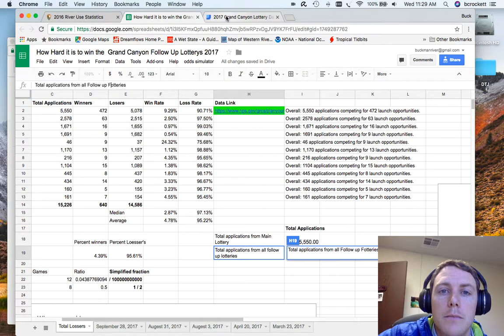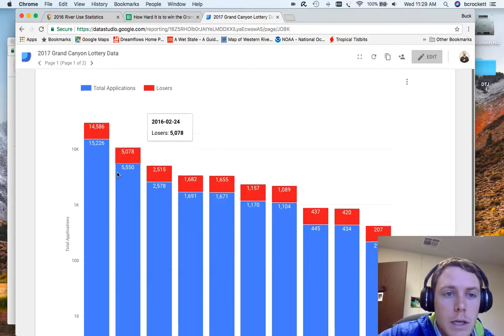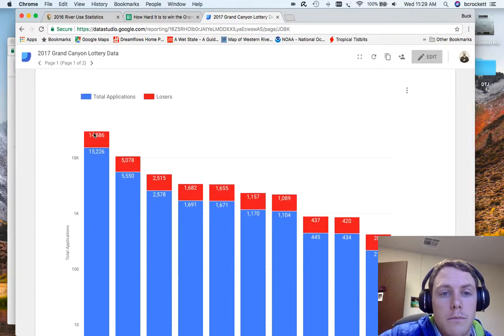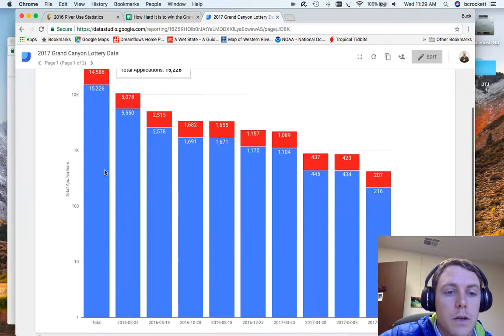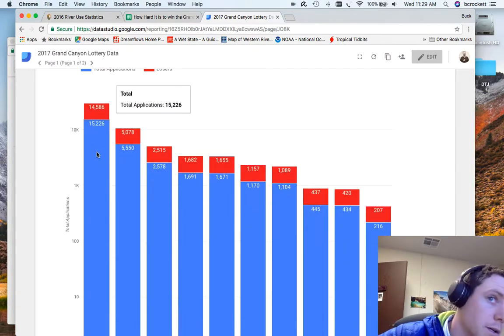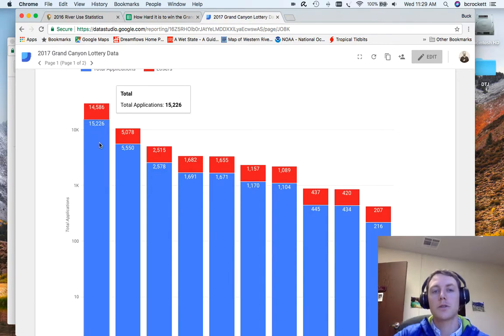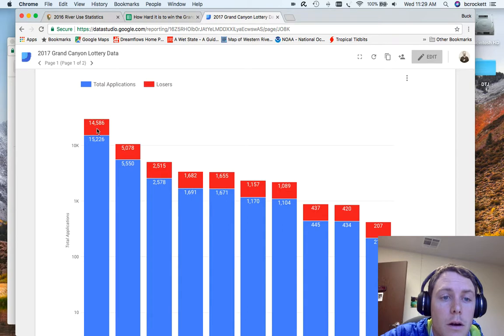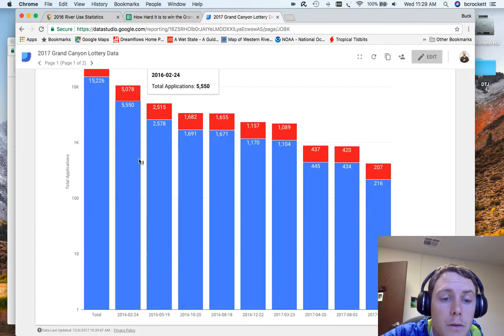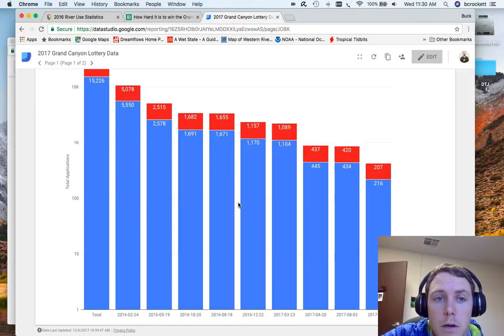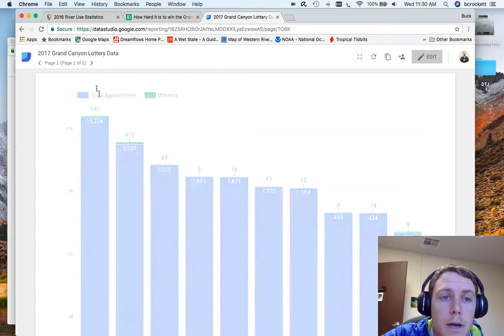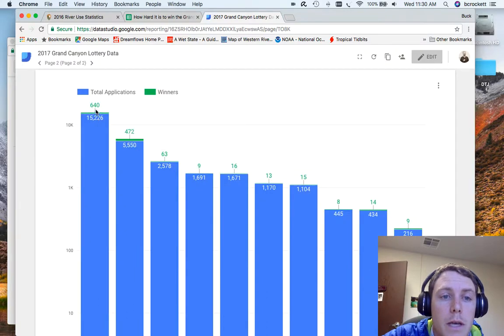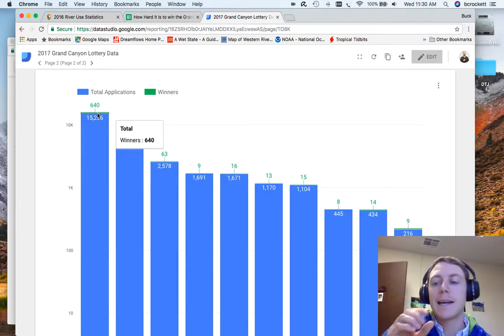graphically. So my simple request would be to include, if you would consider it, a chart like this where you show, especially if it's web-based, how many applications there are and how many losers there are for each. So you could have a bar for the total, for the main lottery, and then each subsequent lottery. And after which you could also have a page that shows the total winners. And by doing so, you're just adding a level of transparency to, use your words, where the public can clearly